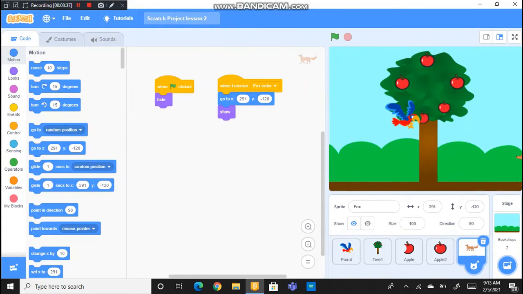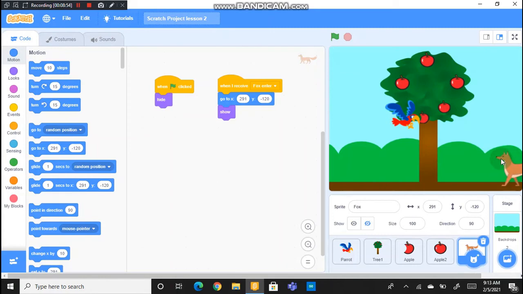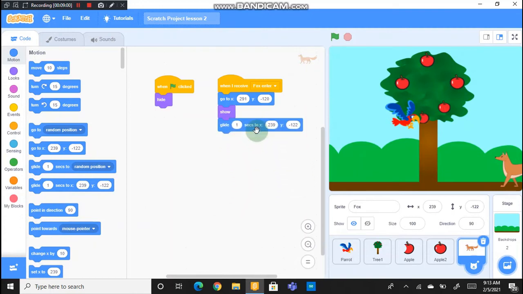So for making the fox walking, here we can't show the real walking steps, so we can make the fox glide. That is slide from one position to other. So we need to take the glide option, but it has to be glided towards the left. So I'm going to click this much and then glide, bring it here.